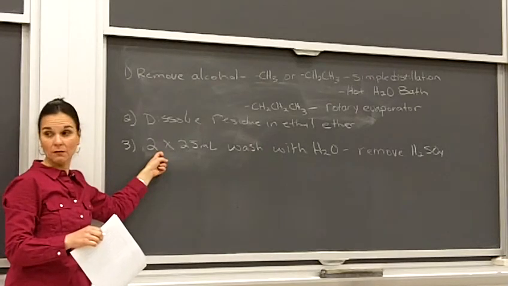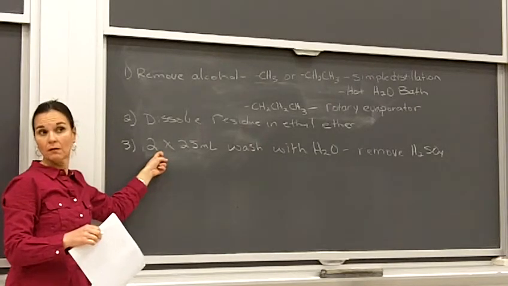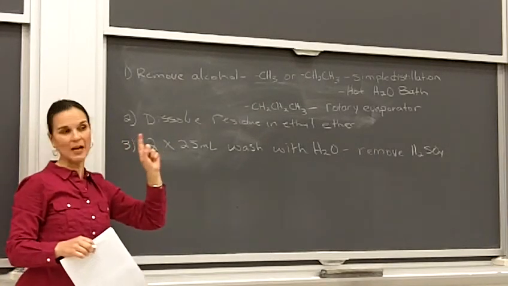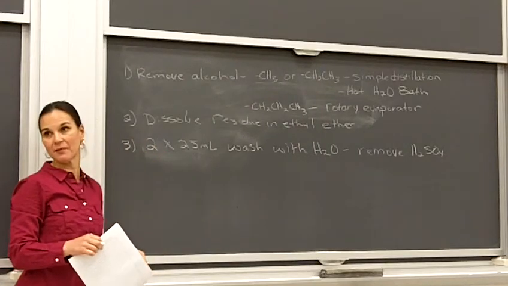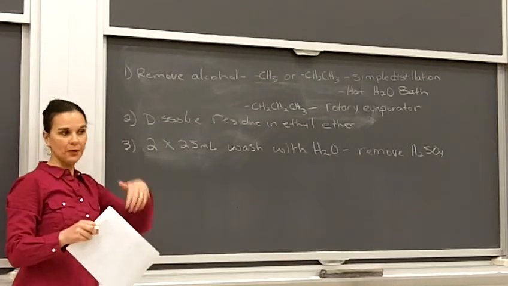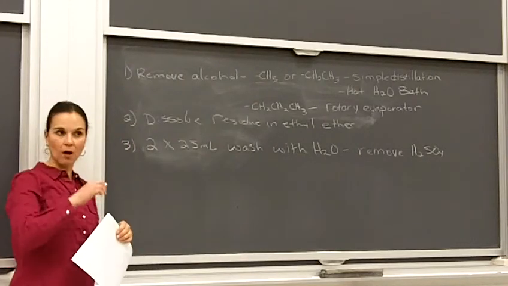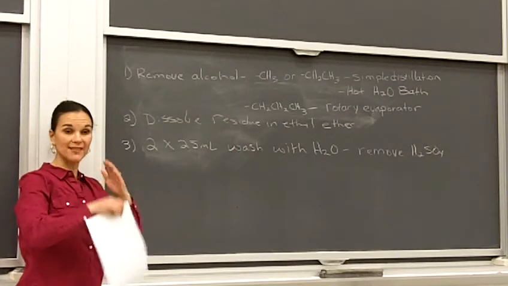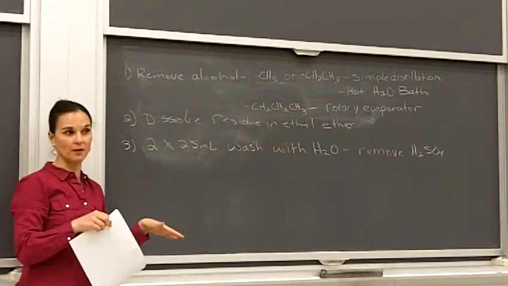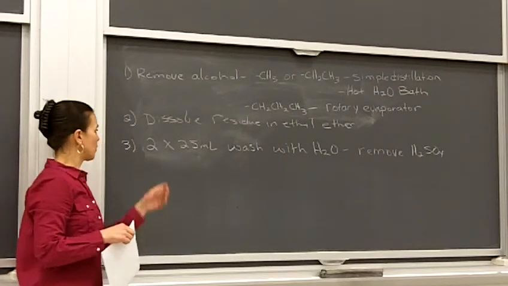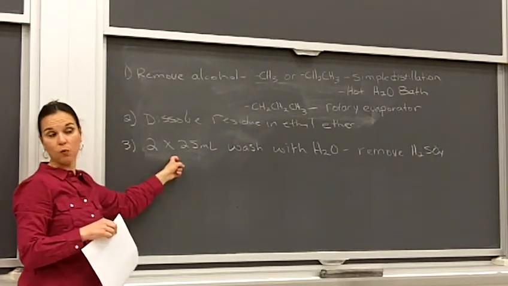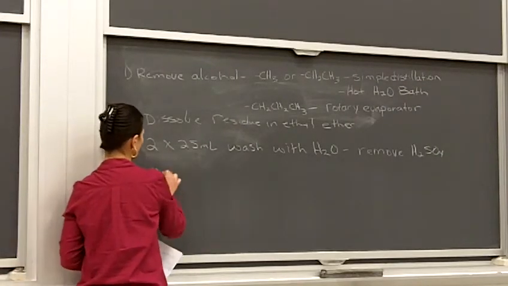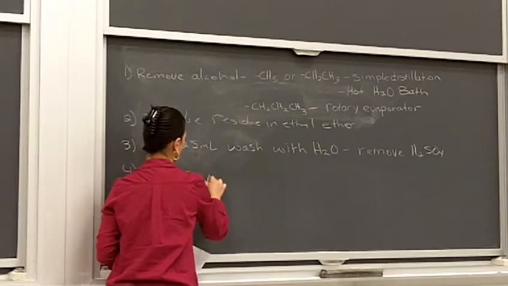Okay? And then what do? Drain the aqueous layer, right? So that is all one step of washing involves all of those pieces, okay? You'll put in your ether layer into the step funnel, you'll add the water, you'll cap it, you'll carefully shake and bend, shake and bend, shake and bend, let the layers settle, and then remove the aqueous layer, okay? So you will go through that twice with just water, all right? Then we're going to do a 1 by 25 milliliter wash